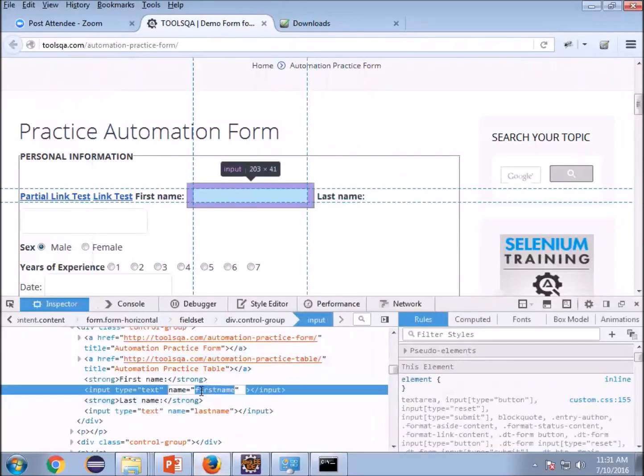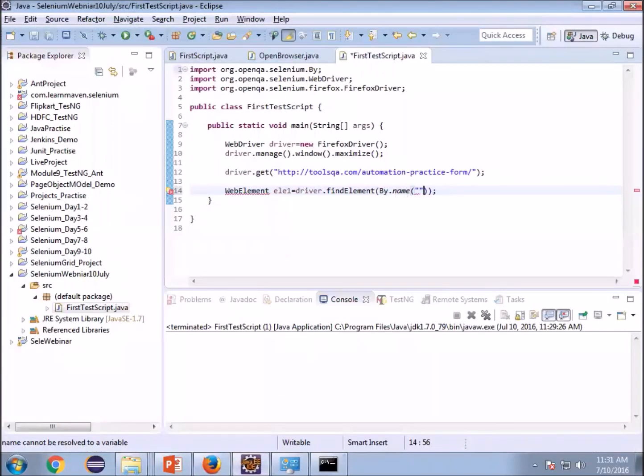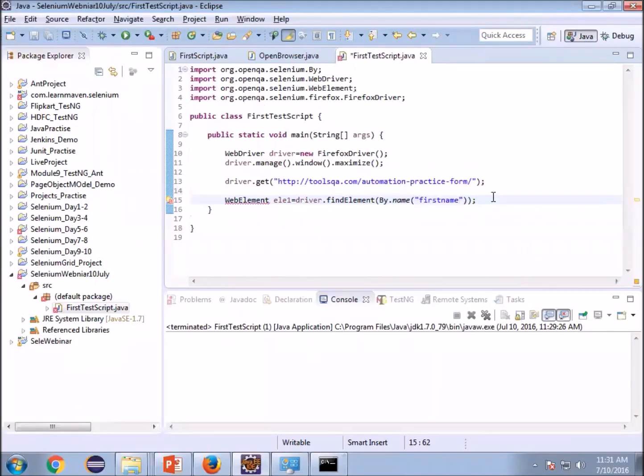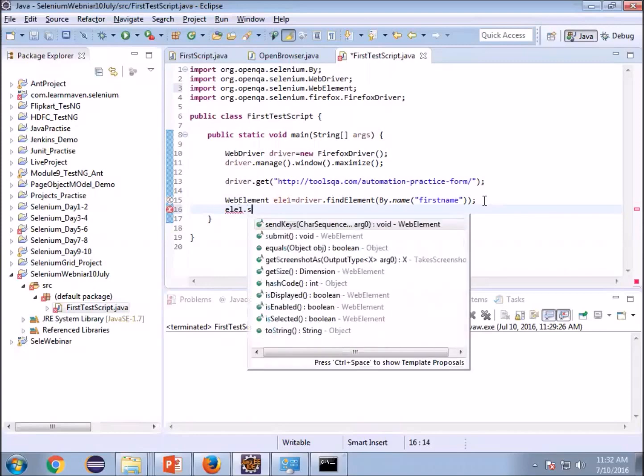See, the developer has given this box the name first name. So just copy it and put it here in double quotes. So you have reached that element, the web element. You have captured where that element is. Now just perform an operation on that. ele1 dot, what I want to do is send something to this.